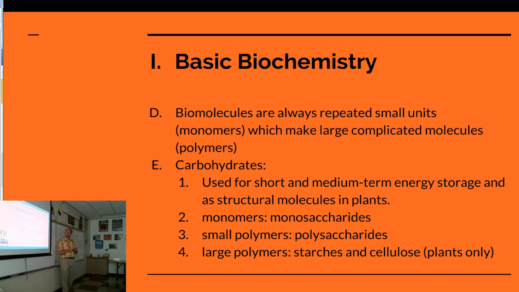Okay? So in all of these biomolecules, and there are 4 categories: carbohydrates, lipids, proteins, and nucleic acids. In all 4 of these, there is going to be a small repeated unit, and then there's going to be what the big string of them can do. Okay? So carbohydrates, we're used to this word if you talk about diet and health. Carbohydrates are sugars and grains and starches, and these are the things that your body goes to first for energy.